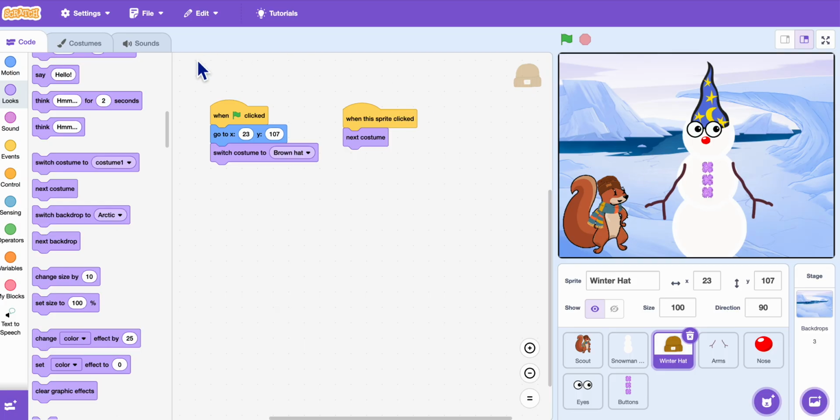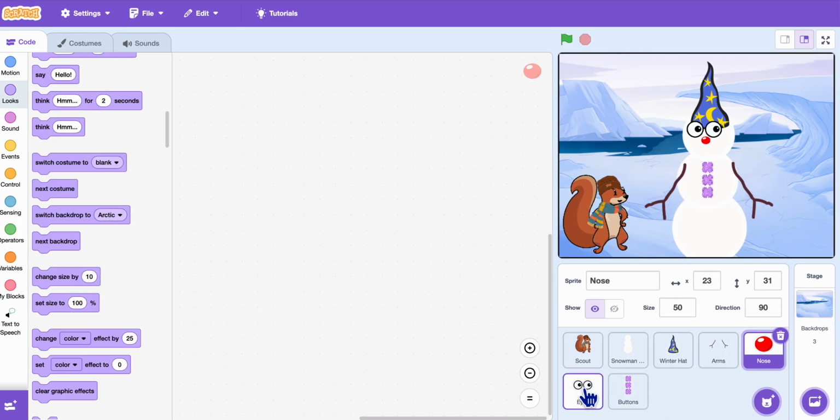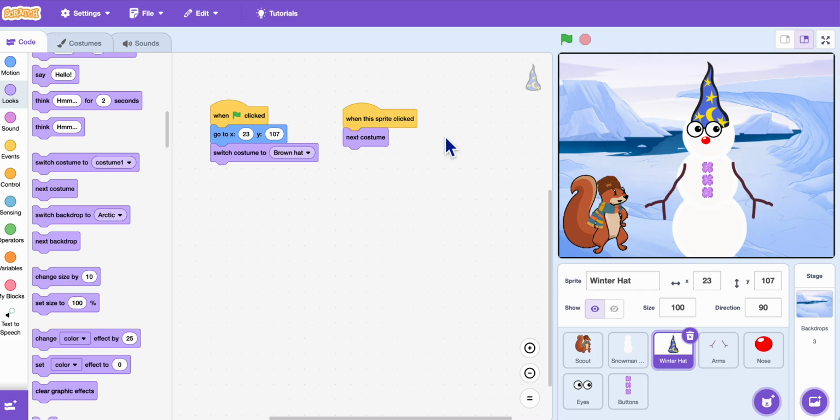And you're going to do this same code on all of these. So how do you want their arms? How do you want their nose? How do you want their eyes? How do you want their buttons? Could you draw a new one to make some different mouths? There's lots of different things you could do to do this, but you're going to want to do this code